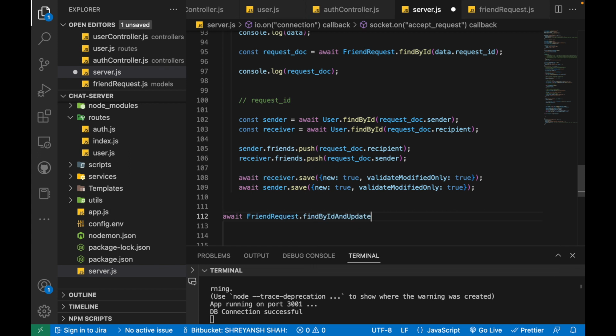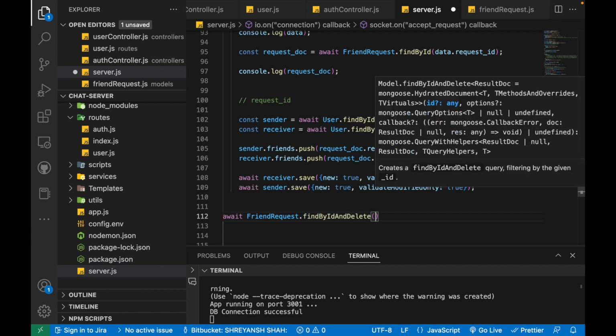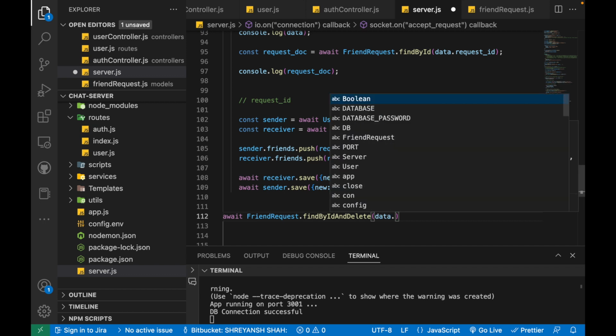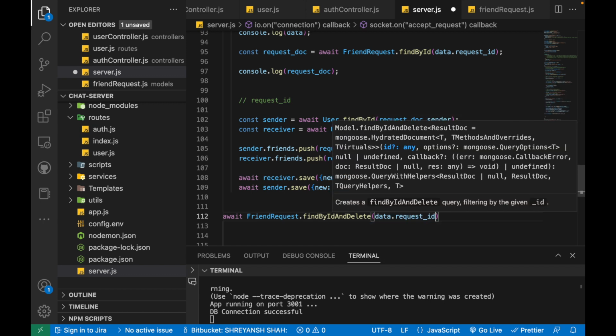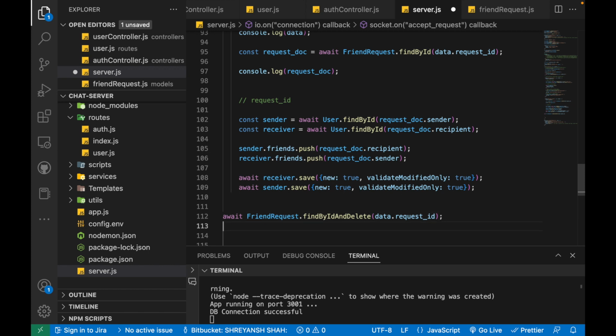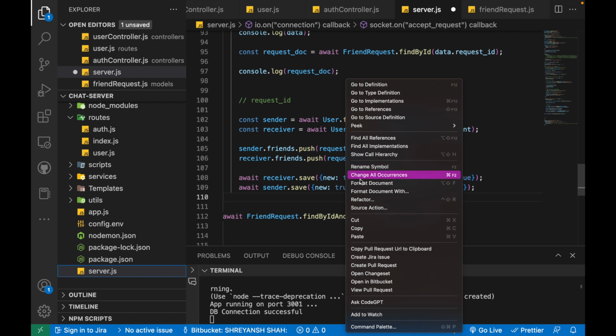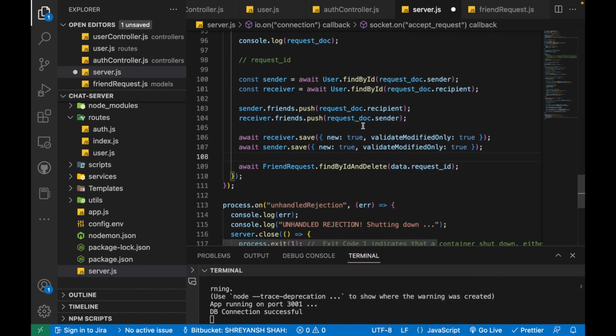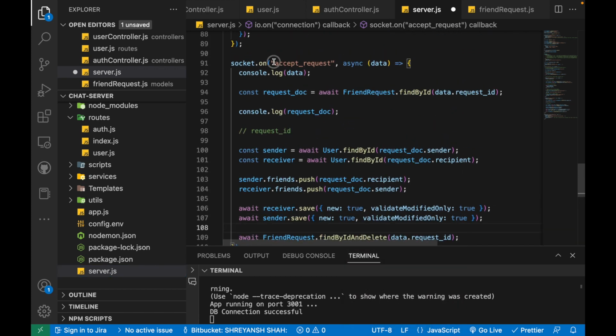Okay, so we are going to use this new method here, findByIdAndDelete. As the name suggests, we are just going to pass the ID for the request document that we want to delete, and it will be deleted after running this query. So I'll just say data.request_id. Okay, so that will be data.request_id. And so now we have done all of the operations on our DB that we need to make inside this